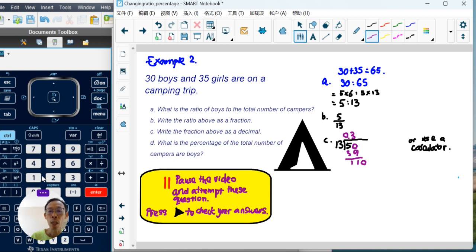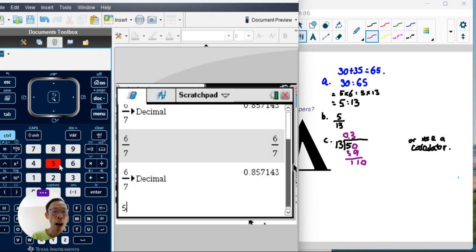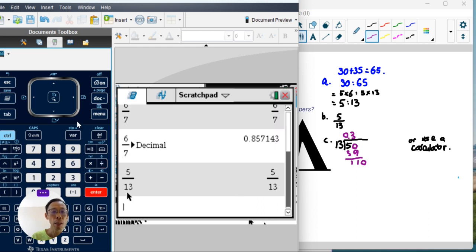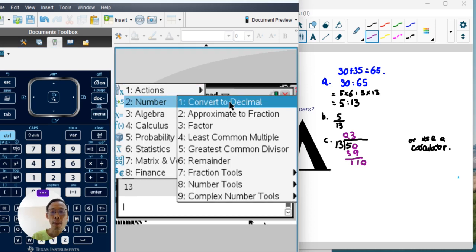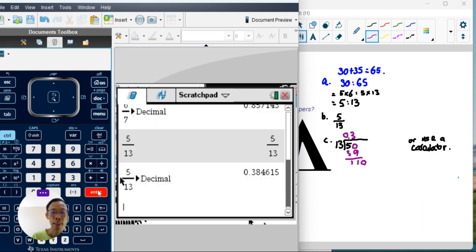So using a GDC, you simply write 5 divided by 13. So you're going to get this number, and then Menu, change that to decimal, enter. So I get